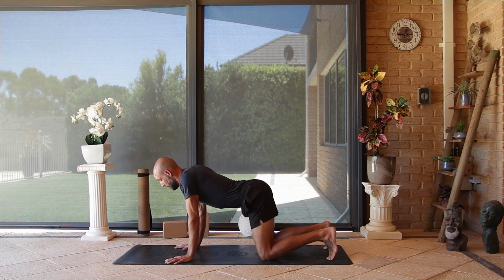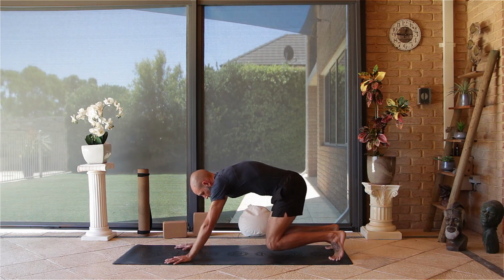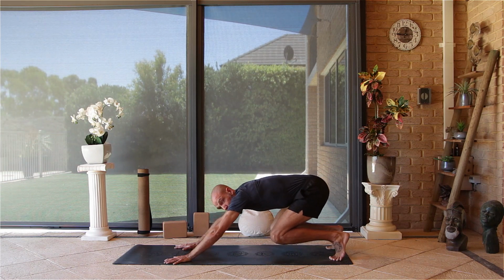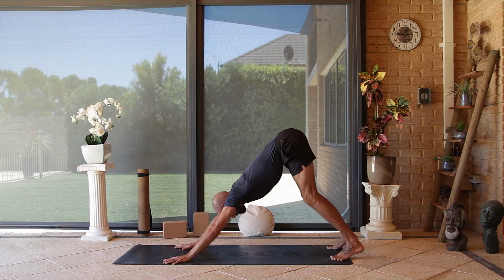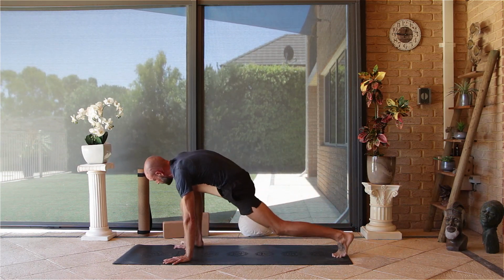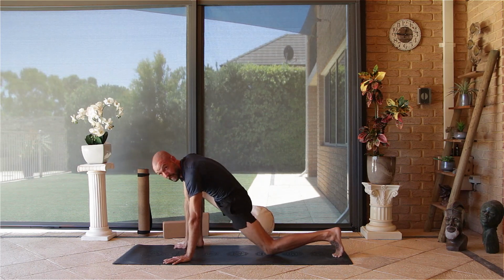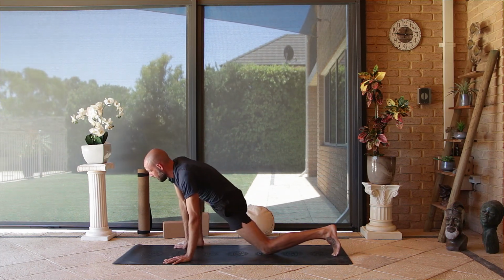So from here, we're going to start doming the upper back, push into the hands, and then roll over onto the tops of the toes, pushing in and stretching out the feet, sink the hips up to the sky, nice and high, and then we're going to step that right foot outside the right hand. You can place the left knee down, and we're just going to take 2-3 circles in that right hip, and